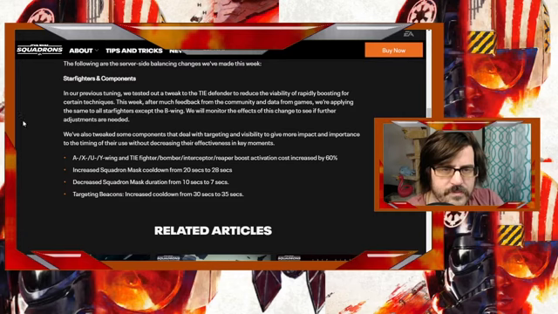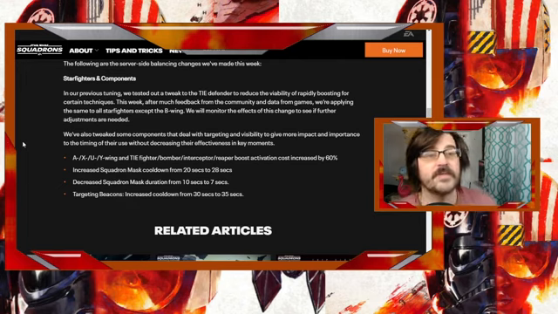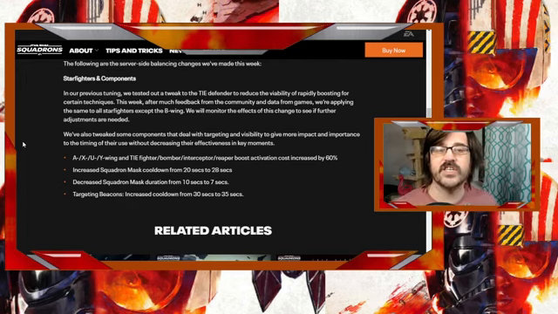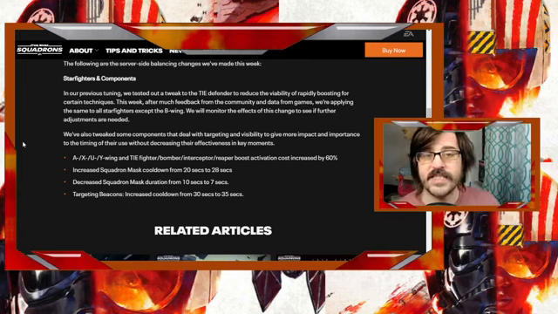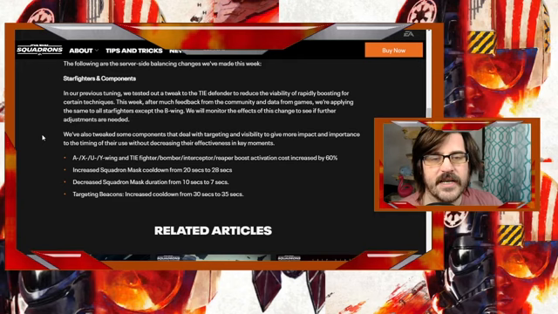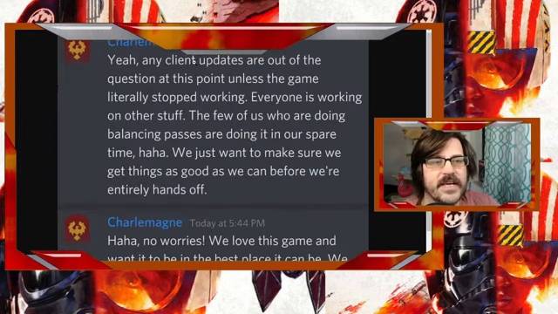And in regards to Fenkar, the reason why they made these changes in the March 15th update is because the time to kill had gotten a little long. PvP had definitely fallen off, and I think this does increase the PvP that we've seen, but it's just simply a little far. So running on the heels of that, Charlemagne had this response: yes, any client updates are out